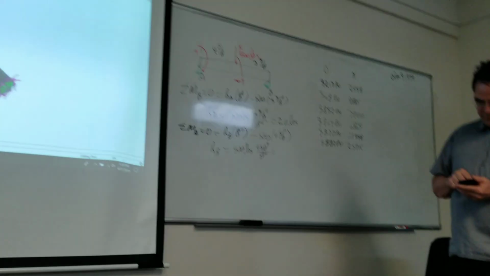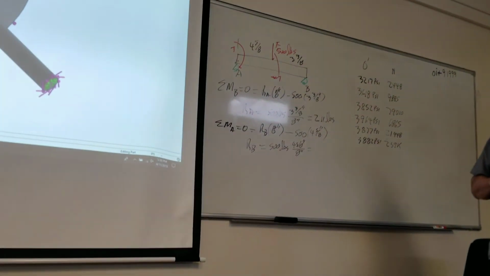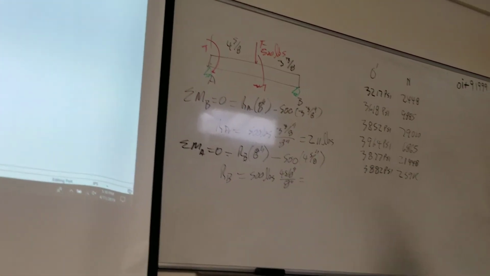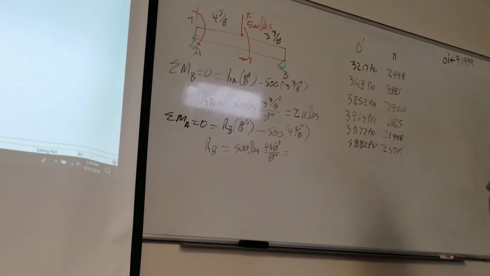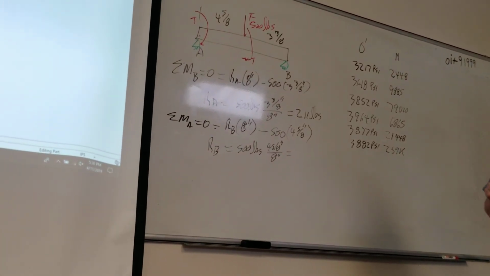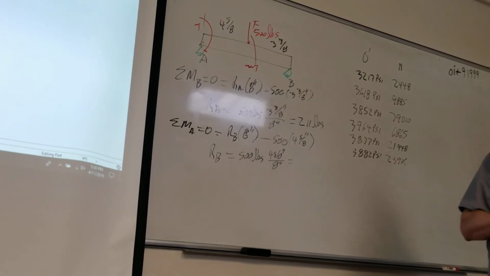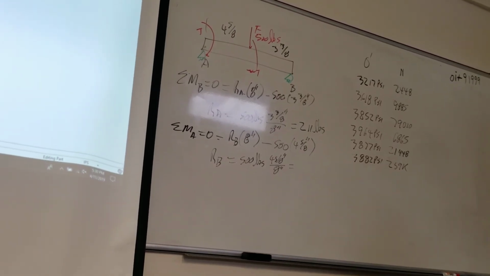Okay, 500, 4.625, 8 divide, times 289 pounds, which